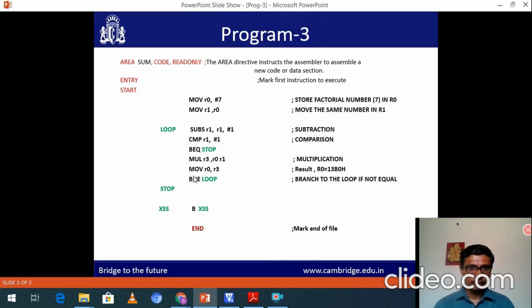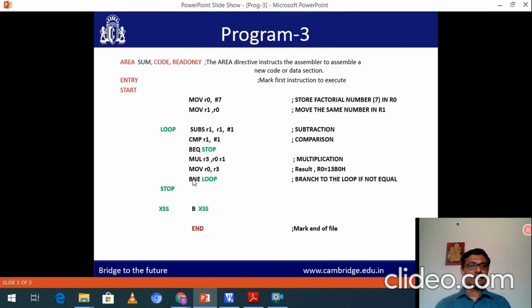Branch not equal will check the status of the zero flag. Remember, the zero flag is modified after the execution of the CMP instruction. It is not modified by the remaining three instructions. If after the execution of CMP the zero flag is 1, that is, it is set, it means R1 equal to 1.